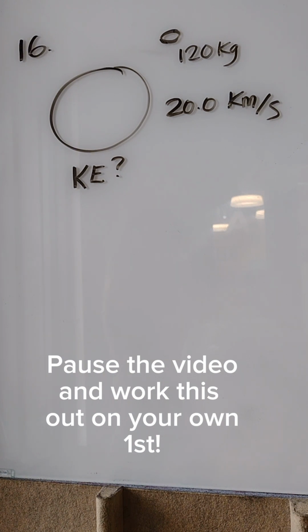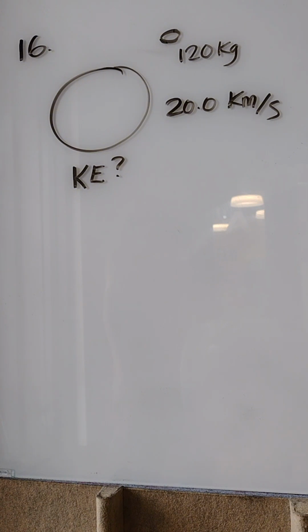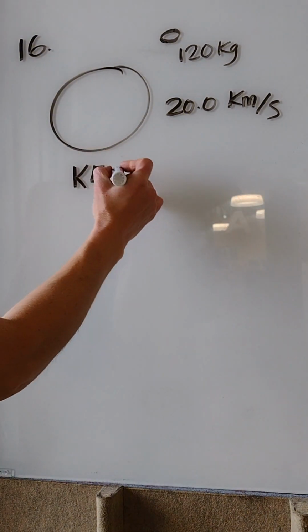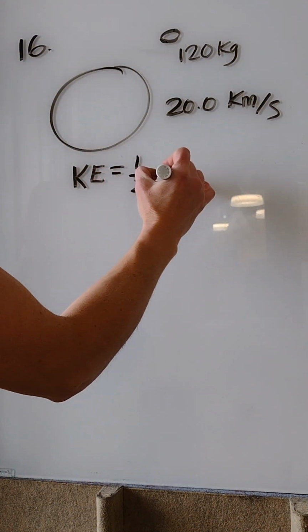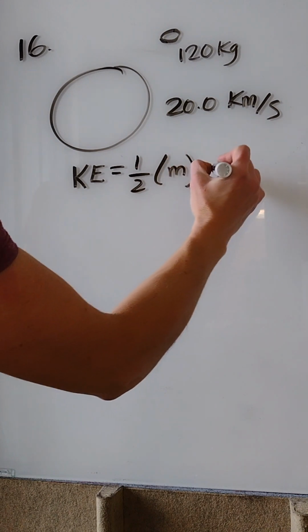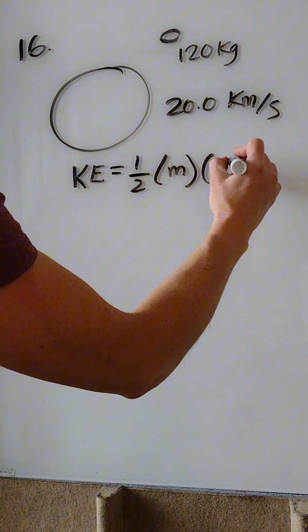It has a mass of 120 kilograms and a speed of 20 kilometers per second. How much kinetic energy does the meteoroid have? And it gives you a hint here: 1 kilometer is equal to 1,000 meters. Okay, let's remember our equation: kinetic energy equals 1/2 times the mass times the velocity